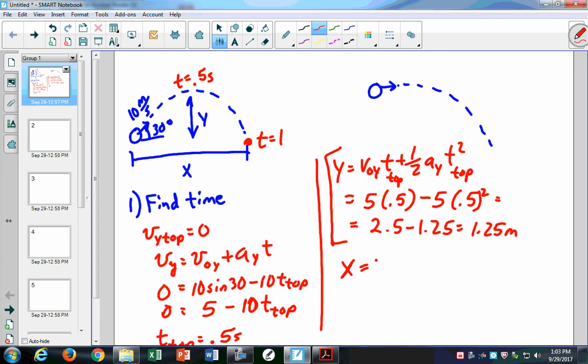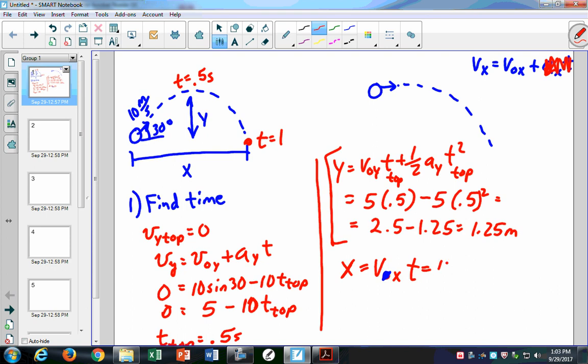And then if you want to know the x range, you say x is equal to v naught x times t. And remember that v naught x is the same as vx. Those two are the same. That comes about because from these equations, vx equals v naught x plus ax t, and since ax is equal to 0, this whole thing goes away, and so vx is equal to v naught x. So I say x equals vx t, and it's going to be